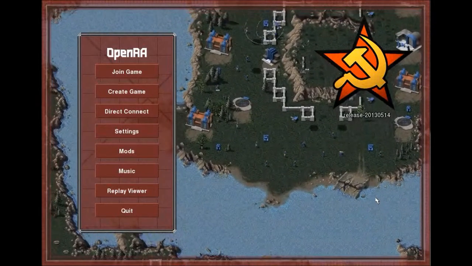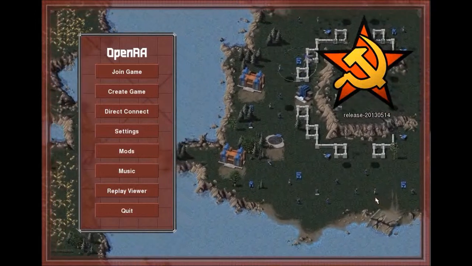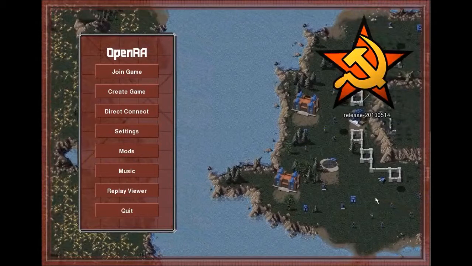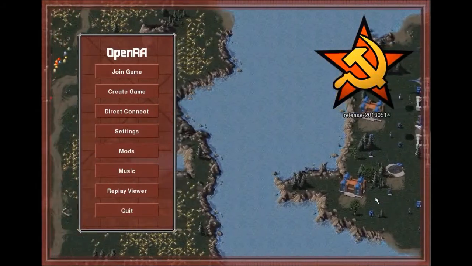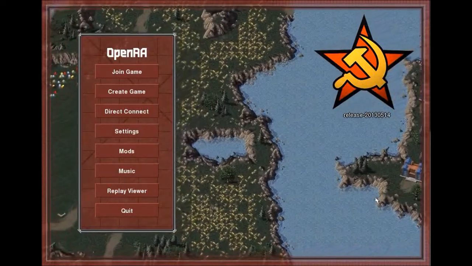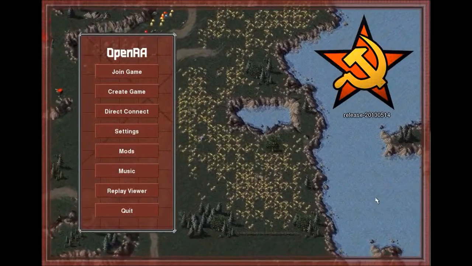But this is the latest version of OpenRA. It is release 20130514. This is the latest version. They've improved a lot of stuff. They've added a lot of stuff on. I don't even know half the stuff that they've added on, because basically, if I read it right, there were